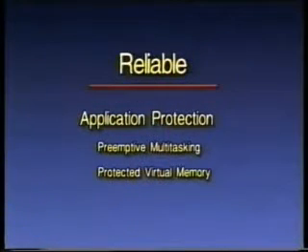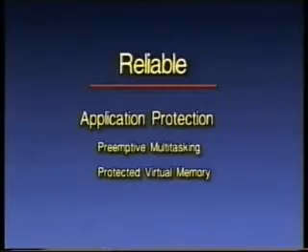In terms of reliability, customers ask for a number of features. Perhaps the most important feature in Windows NT Advanced Server is application protection. Application protection ensures that your server will be highly available. One application can't crash the system or another application. Windows NT's preemptive multitasking ensures that one application can't delay another, and memory protection ensures that one application can't corrupt